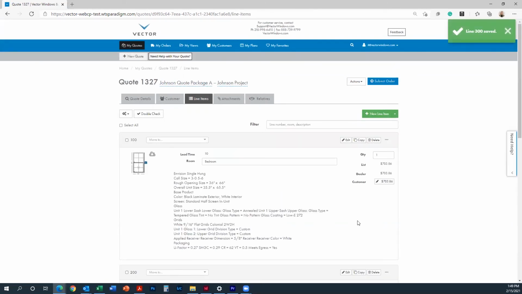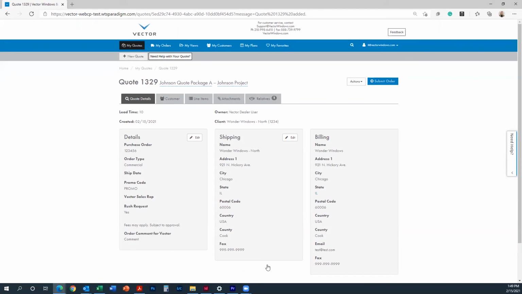To create an alternative quote based on your current line items, either select the checkbox next to the line items or the Select All checkbox at the top to copy all items. Then, at the bottom center, click Alternate. This will generate a new quote with the same project and add it as a relative in the Relative tab. You can then change the name at the top to reflect this quote, Package B,